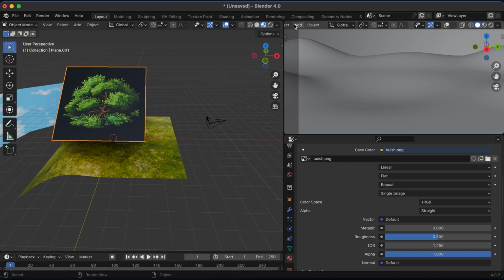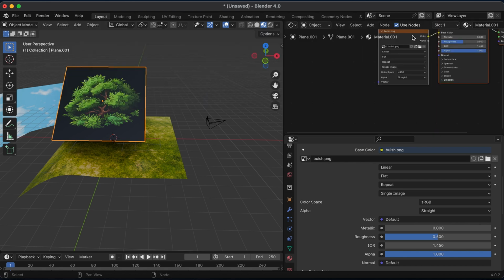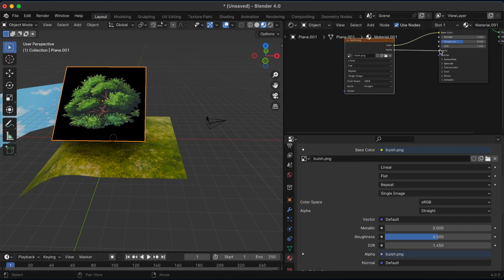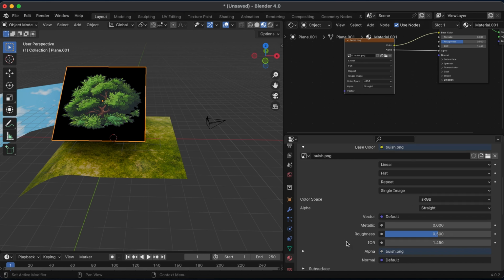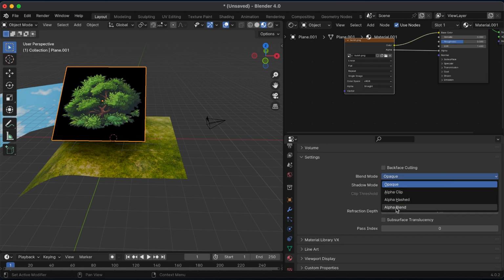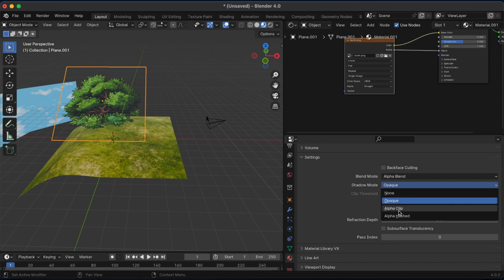Come here to the shader editor. Make sure this alpha is connected to this alpha. Once that alpha is connected, nothing has happened. So the other setting that we normally do is to change the blend mode to alpha blend, like that. Wow. And also we change the shadow mode to alpha clip. Now once that is done,